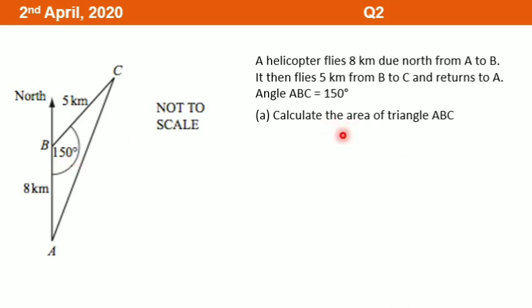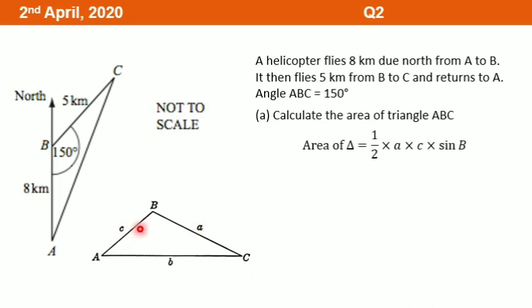Before answering this question, let us revise what we have learned about the area of a triangle. I already have the other triangle ABC. Same rule: opposite to angle B will be small b, opposite angle A will be small a, opposite angle C will be small c, and then the area of the triangle I can write as a half times a times c times sine B. From here we can recognize that the sides taken have to be next to the angle taken. So this is the angle B. Next to angle B are side c and also side a.